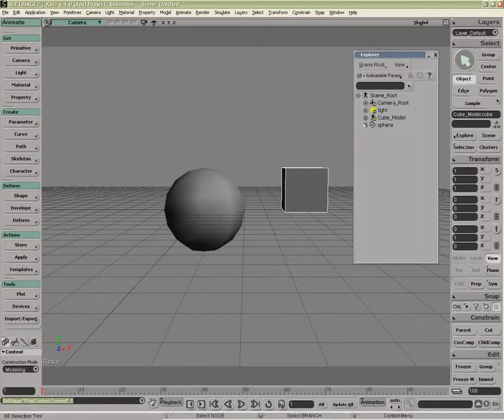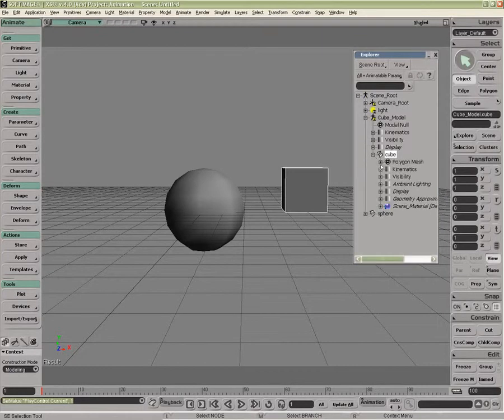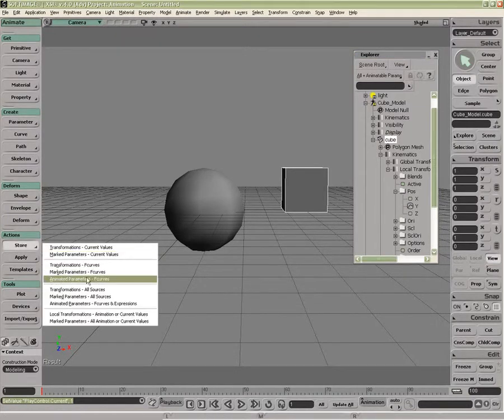If I open up my Explorer again, you'll notice the cube is in fact underneath this little character here. This is known as a model. If we were to look under the kinematics for my sphere, we can see that the function curves live underneath the sphere, and also for the cube it lives underneath the position in this case. If I store the animated parameters or the function curves under this cube,